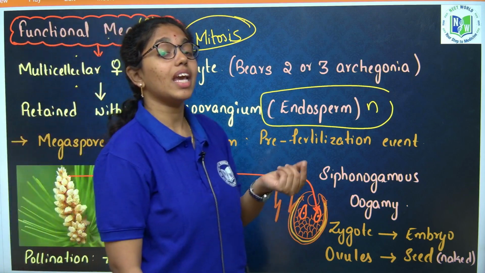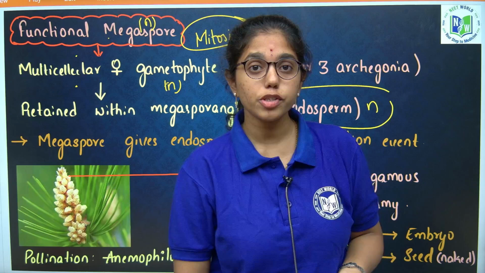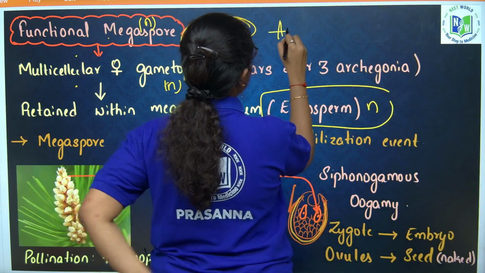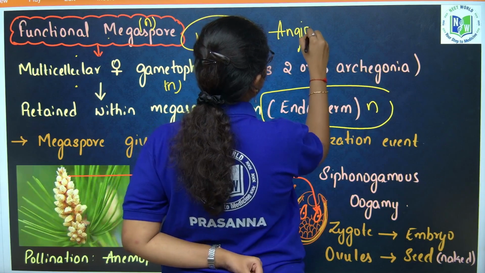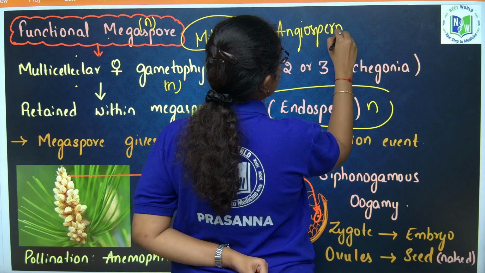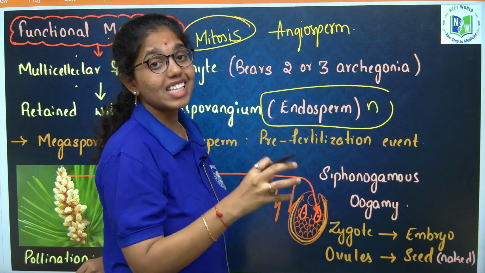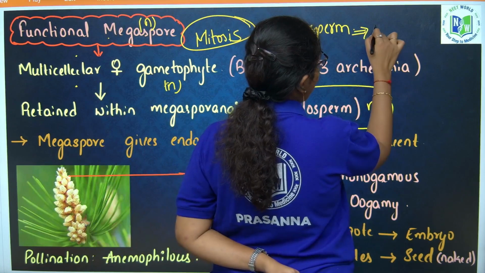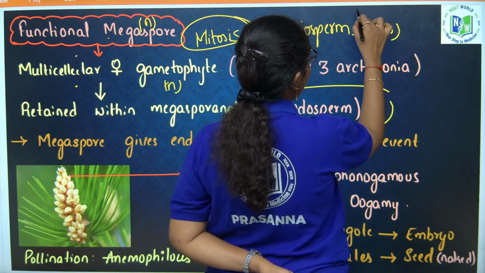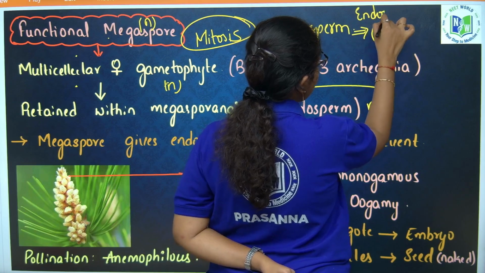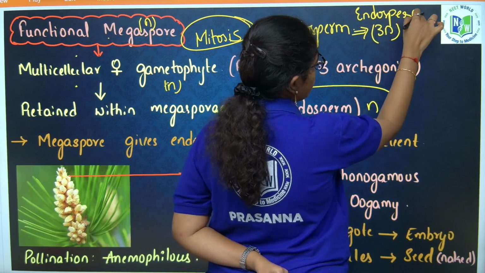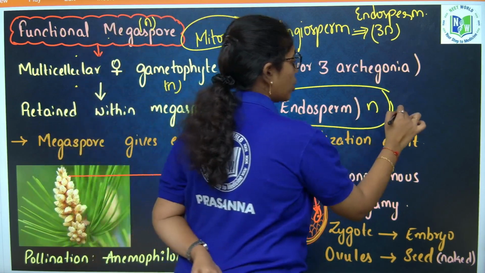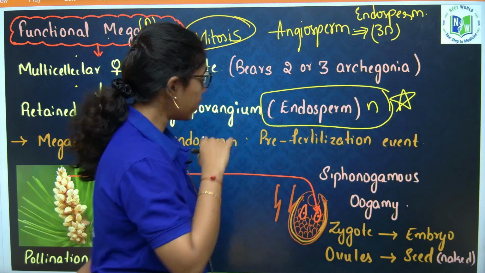That is the reason in gymnosperms, endosperm is haploid. In angiosperms, endosperm is formed as a result of triple fusion, a post-fertilization event, and the ploidy of endosperm in angiosperms is triploid, whereas in gymnosperms it is haploid. Many times asked question, keep it in your mind, fix it in your mind. Clear? Next,